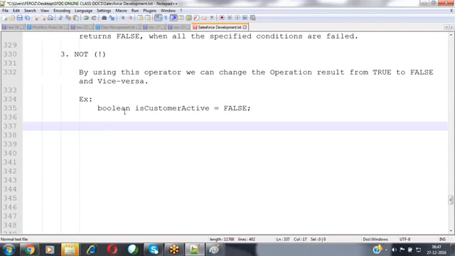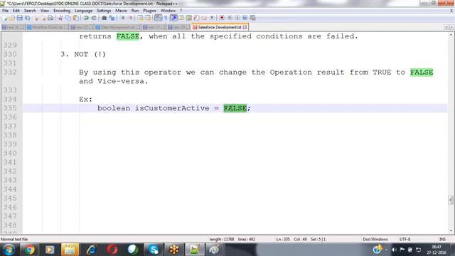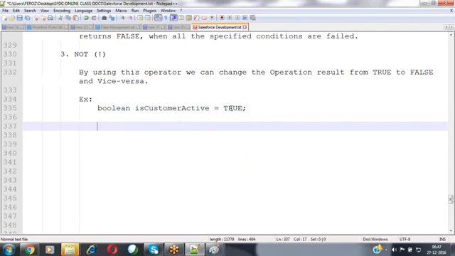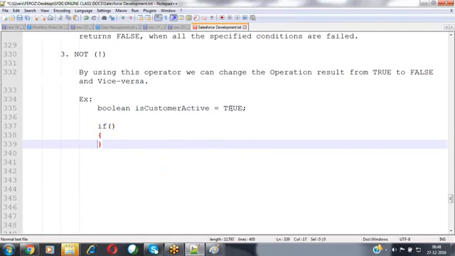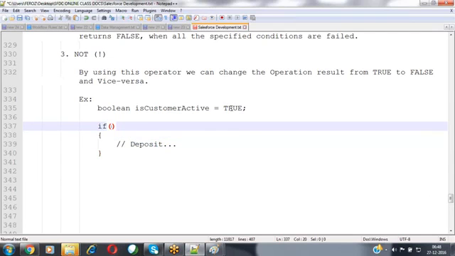We cannot deposit, we cannot withdraw. So for that, what needs to be done? We have to contact the bank people and raise a request: please activate my account again so that I can perform some transactions inside it. So now I'm going to make that bank account active here. For now, the customer is inactive. Whenever he's trying to deposit some money, first of all, I would like to verify his operation is a deposit. He wants to deposit the money over here. So first of all, we need to verify if the bank account is not in active status.